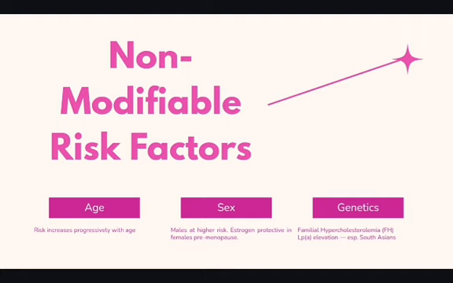Third is genetics, and under genetics there are two criteria, that is FH and LPA. In FH, the LDL levels are sky high from birth due to receptor defects. And LPA, lipoprotein little a, is an independent risk factor that most clinicians still do not routinely check, but it's more relevant in South Asians. In recent days there are actually RNA-based therapies in trials that target LPA.